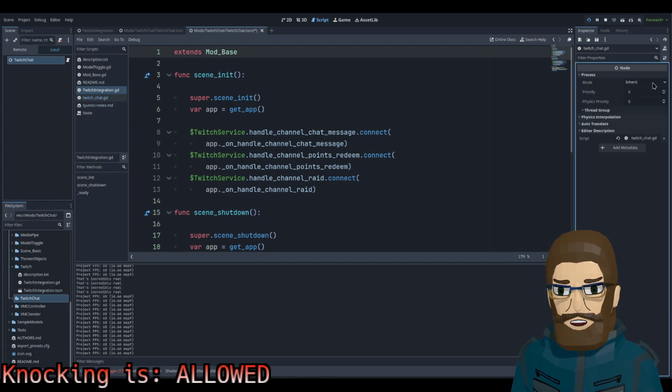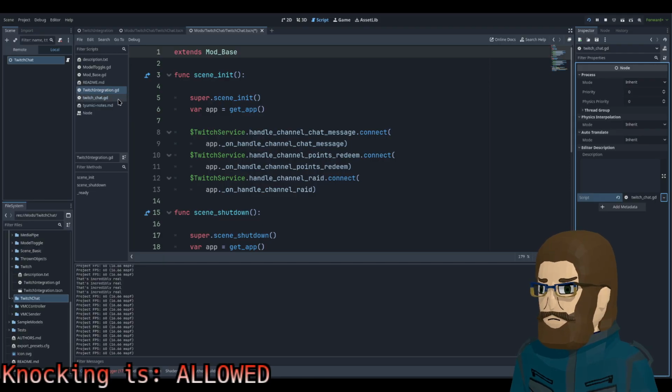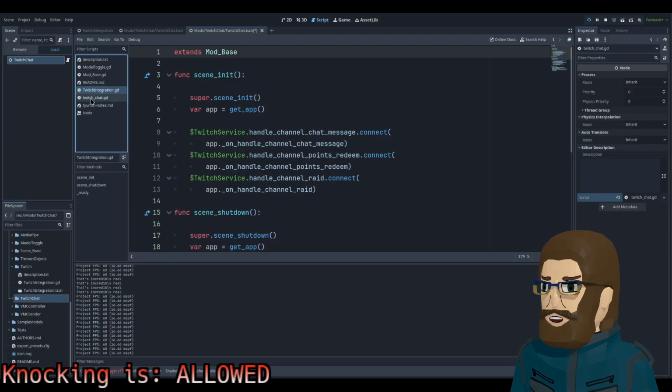Process, inherit. Unless I'm just making it wrong. Do I do extend? I shouldn't need to extend, right? Script, switch, no, wait.